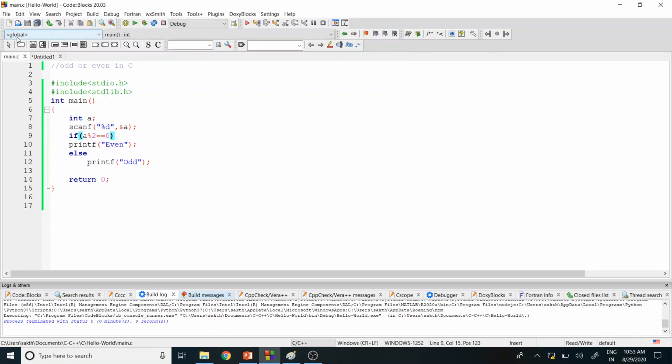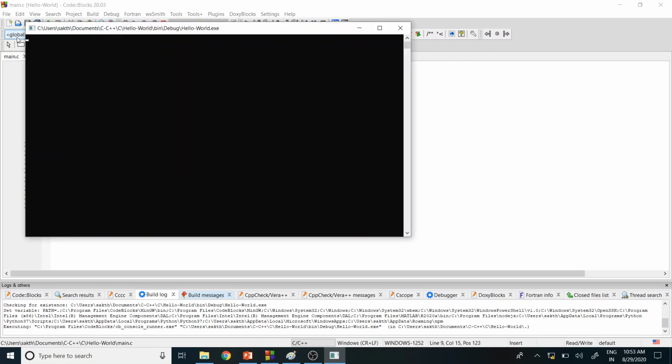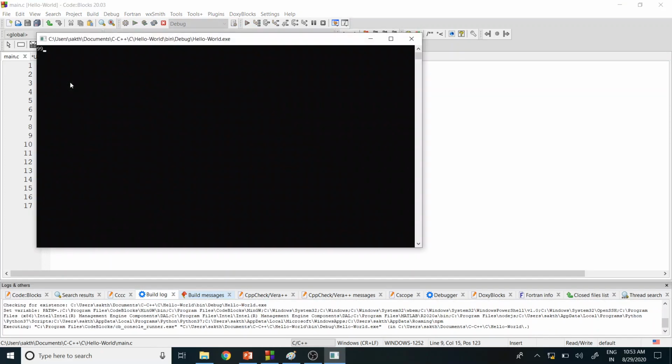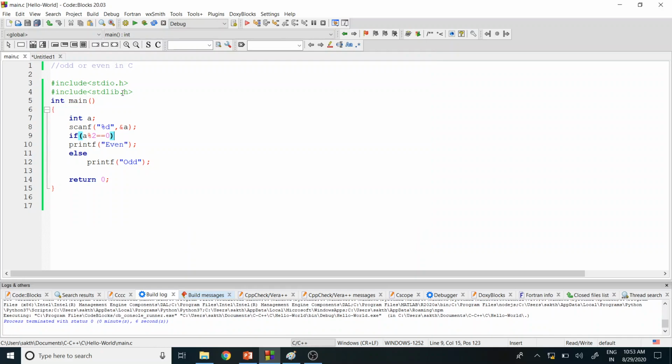To find an odd value, we have to give any odd number, so I'm going to give 3 for the beginning case. So 3 is an odd number, and we successfully got odd as the result. To test one more value, I'm going to use 99. So 99 is an odd value. This is how we perform a simple even or odd function with the help of the modulus operator. When you use the modulus operator here, you check whether the remainder is 0, then the result is even. Else, whatever the remainder is, the value is an odd number.